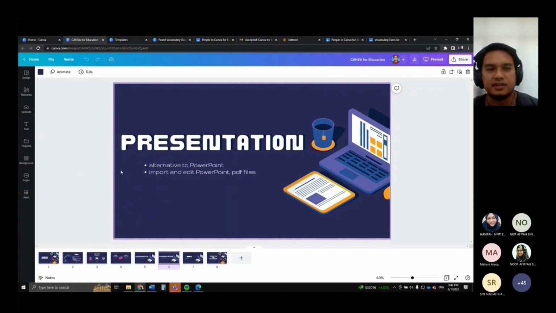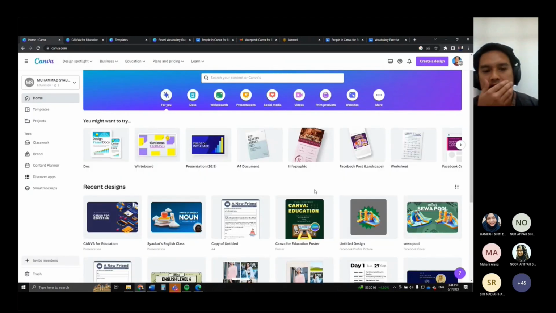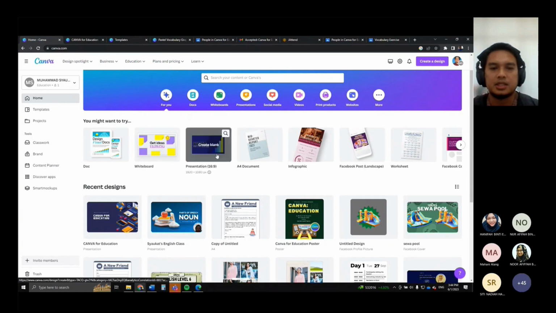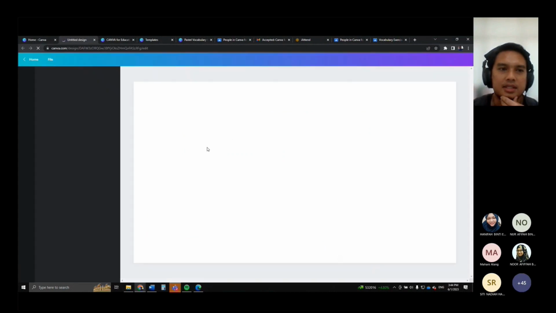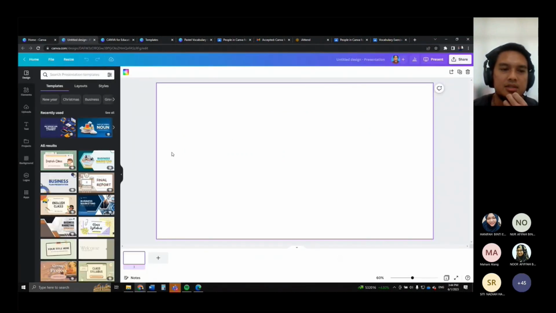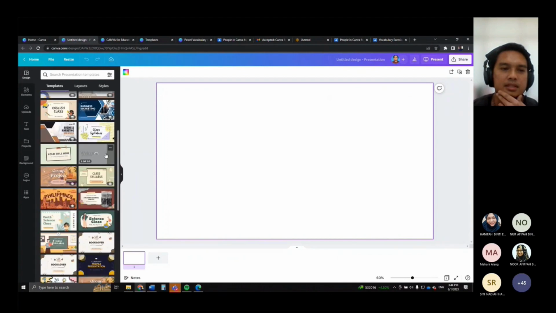Probably if you're fed up with PowerPoint because it's not that customizable, right? There's not much that you can do with the image, whereas in Canva there's a huge plethora, tons of images and graphics that you can use and image processing tools that you can integrate with your slides. Right. So for a presentation, you can just pick a presentation because usually presentation is in a 16:9 ratio again. Right. So you can just create a presentation, and then you can use all the presentation templates that are already